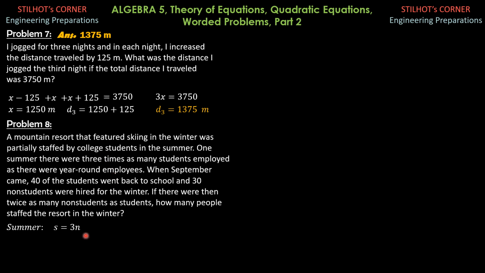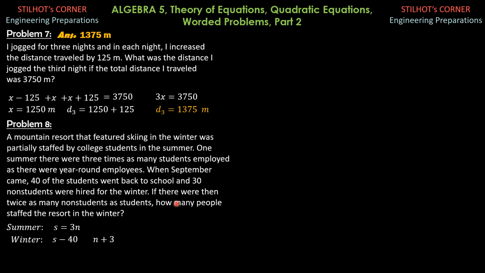So S equals 3 times N. When September came, 40 of the students went back to school and 30 non-students were hired for the winter. So the number of students in the winter is S minus 40, and the number of non-students would be N